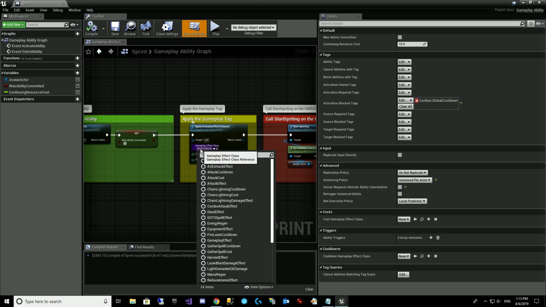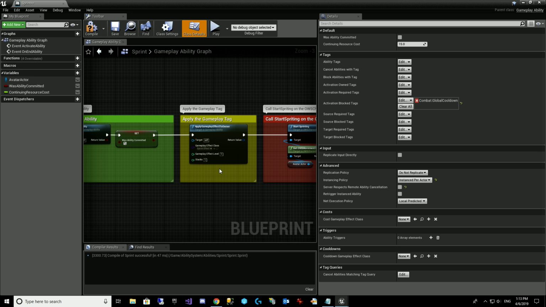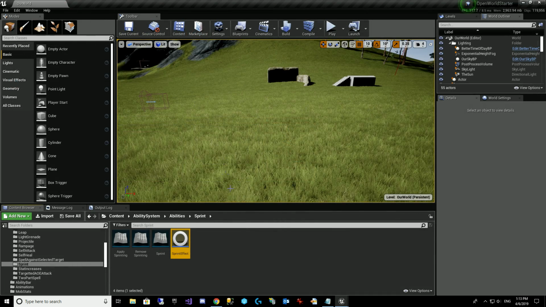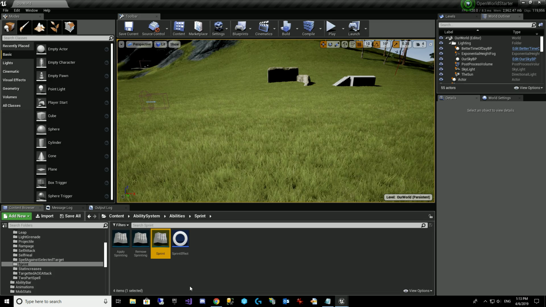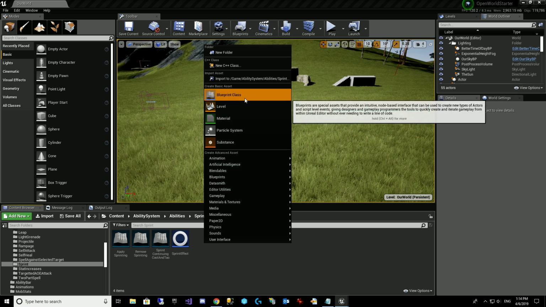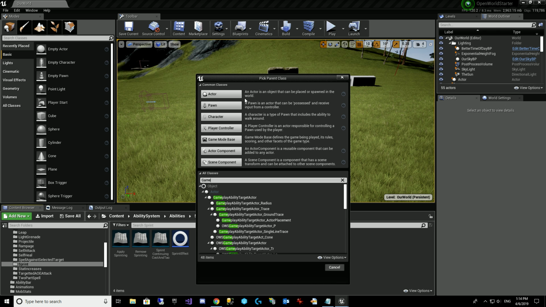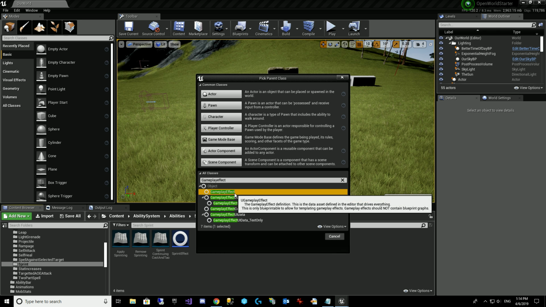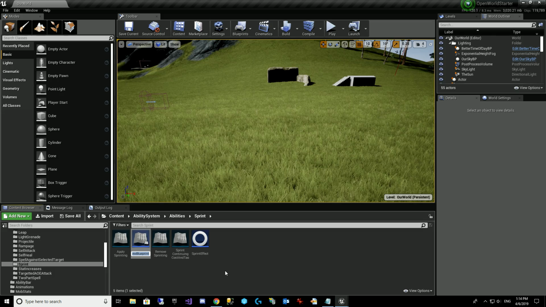So that's what's going to get assigned here. And we're going to rename that. Okay, sprint tag, continuing cost, and tag. Okay. And then we're going to create another one gameplay effect. So the nice thing now here is the gameplay effect template's not here anymore, so we don't have to worry about accidentally picking it. And we're going to do sprint